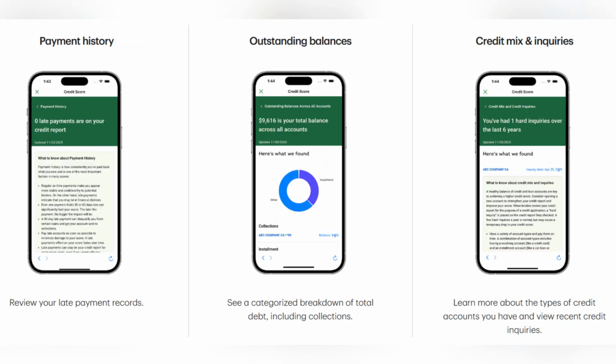View your score. Tap view credit score or get my score. If it's your first time, you may need to accept terms and conditions or enroll. Quick process. Your current TransUnion VantageScore 3.0 appears, in the 300 to 850 range, along with a score trend graph for the last 12 plus